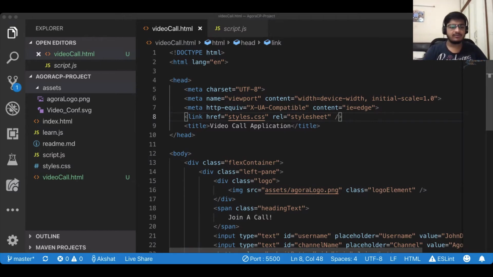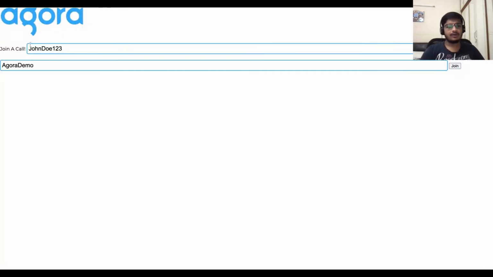that still won't be enough. I'll just show you how it looks. Yep, so if you can see now, there's a blue border, everything's looking more professional, but it still isn't up to the mark.